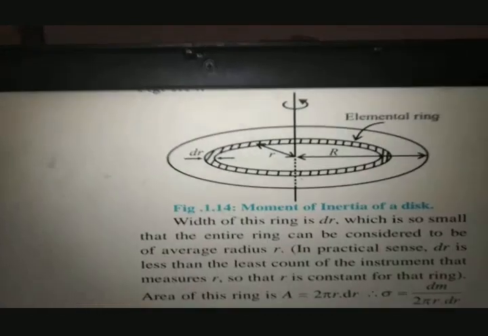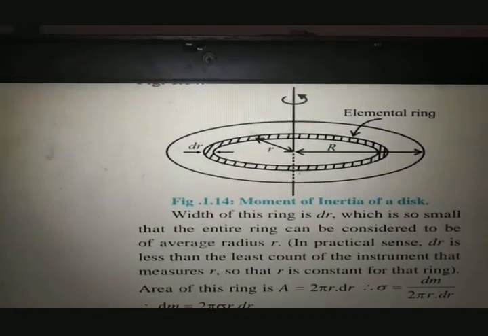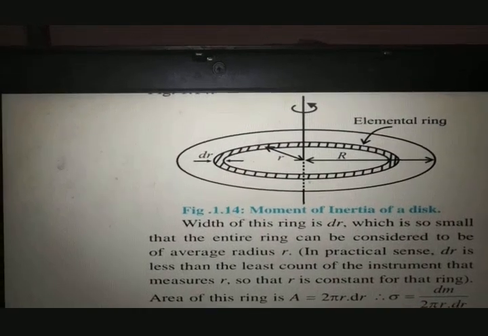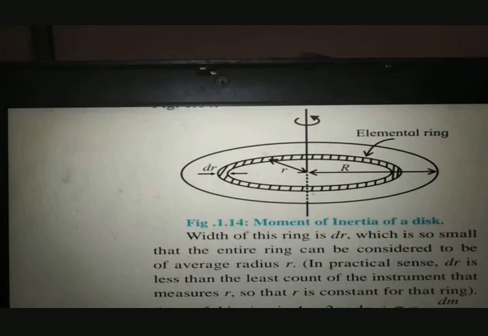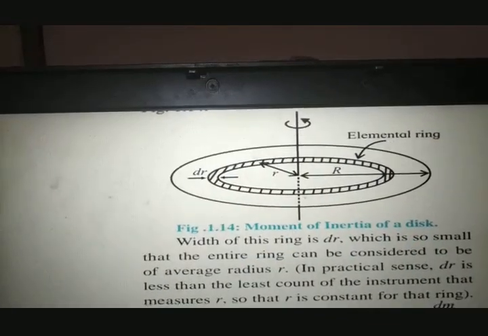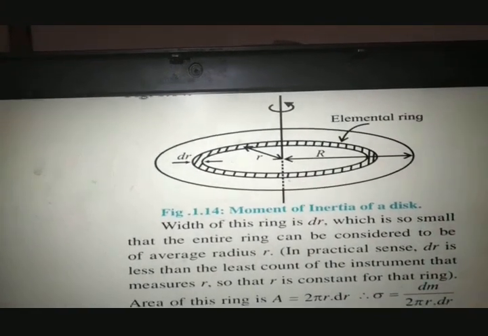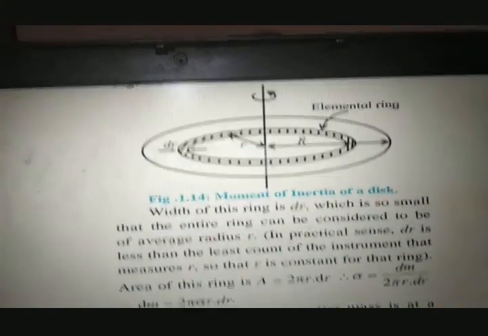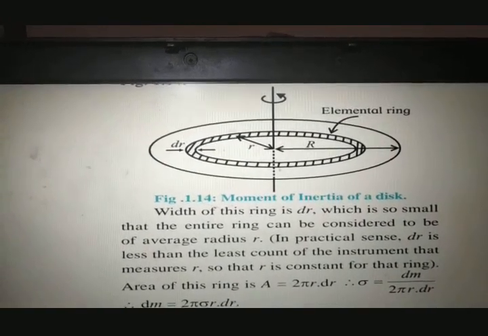Okay. So in this way you can find the formula for any given object, whether it is a solid sphere, solid cylinder, hollow sphere, hollow cylinder, disk, ring. Okay. Now these are some mathematical examples. Now next we will see where this moment of inertia is applicable in your day-to-day life. So let us start with it.